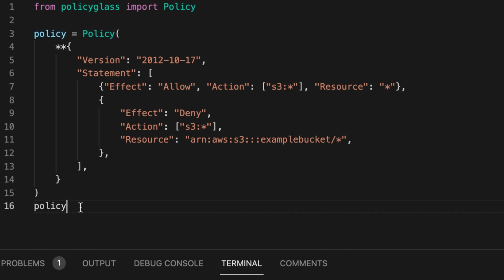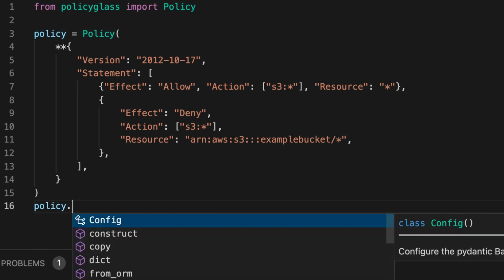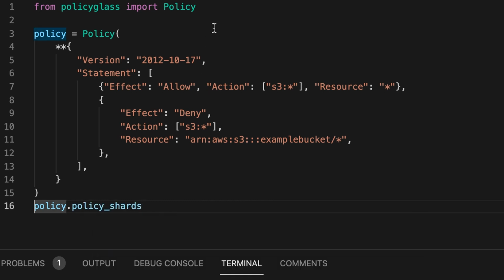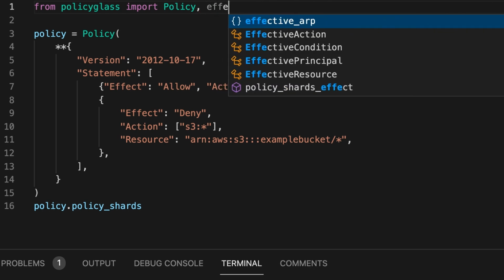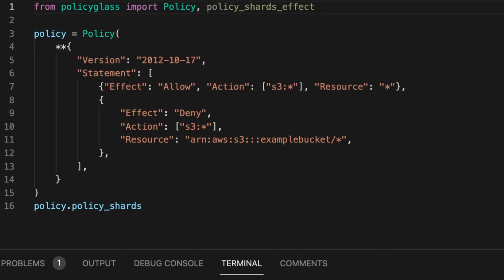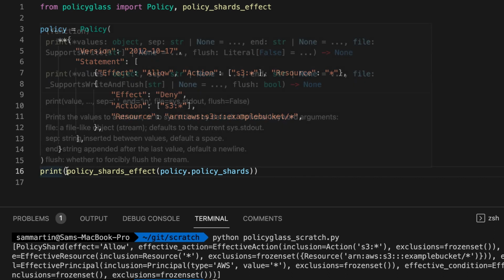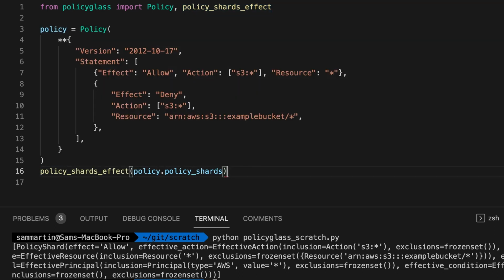We can then break this policy down into its policy shards and then pass that through the PolicyShards effect function. And we can see that that prints out a single policy shard. So if we want to check programmatically whether a specific resource is allowed by the policy shards that come out of PolicyShard effect, we just need to loop through those shards. So if we do for